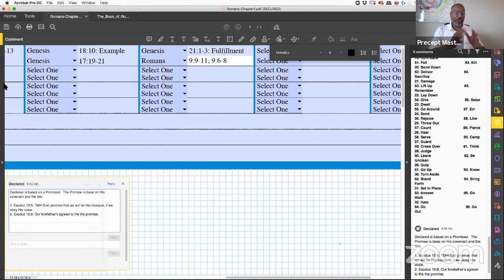So what Paul is making clear, in the fullness of everything, is this. Just because you're from that lineage and you're not doing according to what was promised in Exodus 19:5 and 8, that doesn't make you a child of God. If you don't do them, don't think you're part of this promise. This is what Paul is fully telling you.